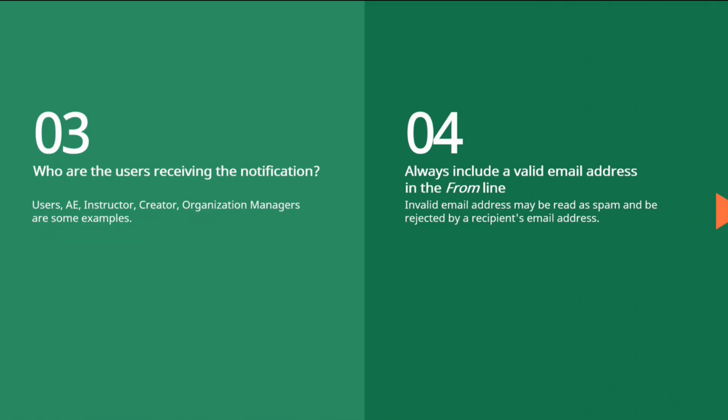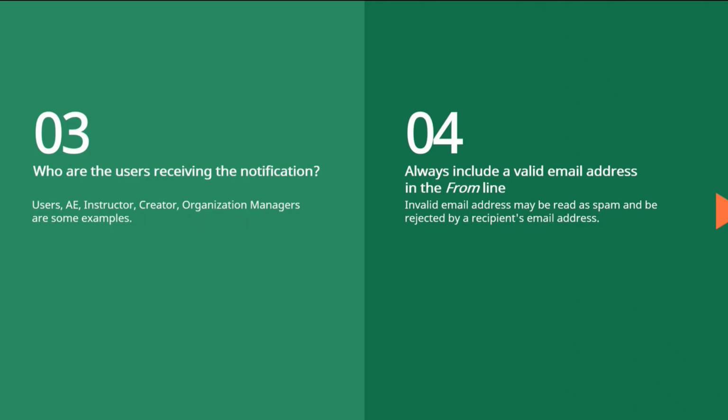The third and fourth are really important. Understanding who is going to receive your notification. Part of building out the process of your notifications is knowing who your target audience is for that notification. And in the TMS, notification recipients are set by roles and permissions on the account. While some roles are standard for all users, there are some trigger events that are limited based on user roles. An example would be